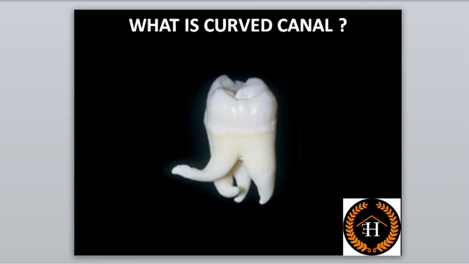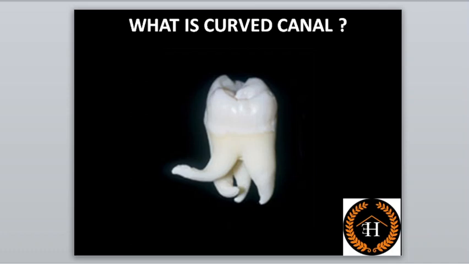A tooth with a straight root or a straight canal is rather an exception than the normal, because most of the teeth have some degree of curvature inherent there. They are also called dilacerations. The tooth is considered to have a dilaceration towards the mesial or distal direction if there is a 90-degree angle or greater along the axis of the tooth or root. This refers to an angulation or a sharp bend or a curve in the root or crown of a tooth, or a deviation or a bend in the linear relationship of the crown of a tooth to its root. So this is basically a definition of curved canals.